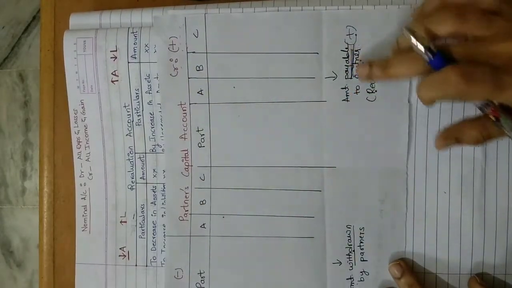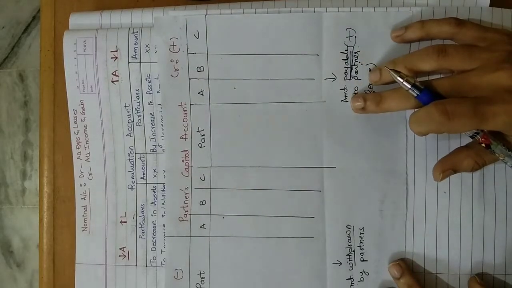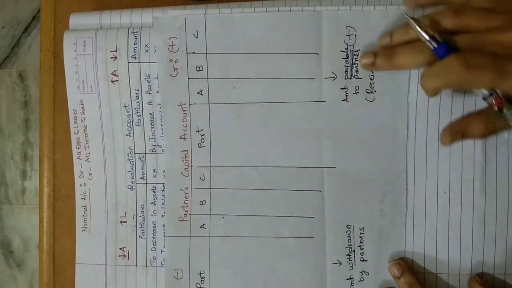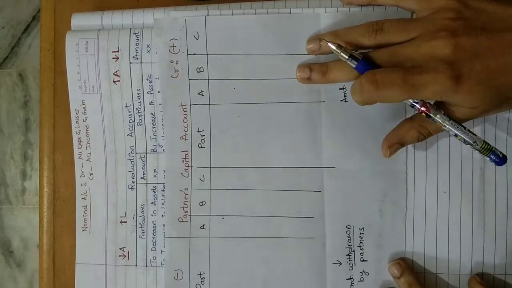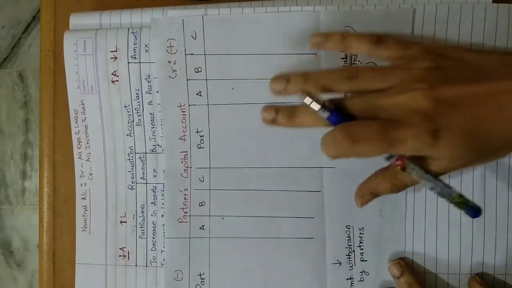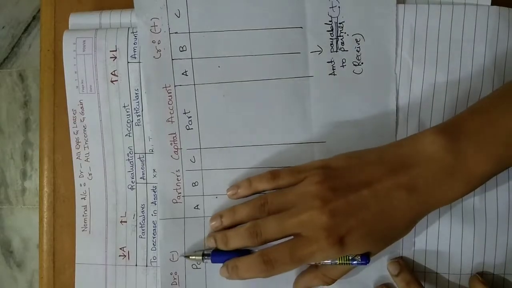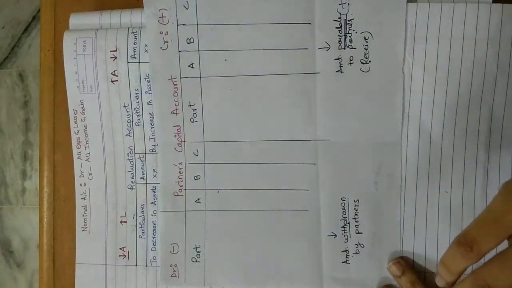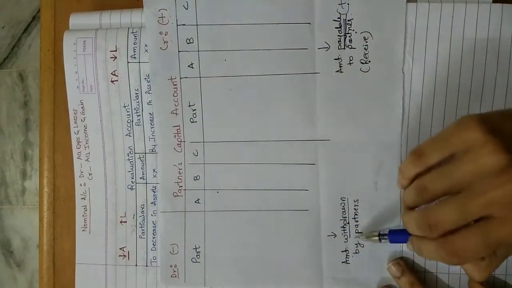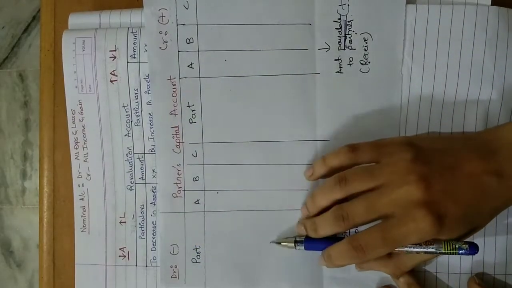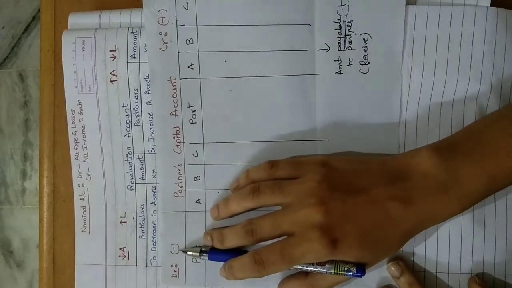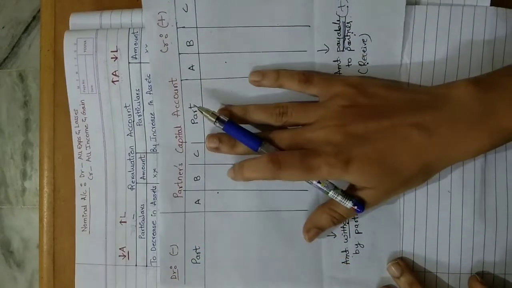That is amount payable to partner. Whatever amount has to be paid to the partner has to be added in their capital account. So add means credit. It has to be recorded on the right hand side. And debit means minus. So if the partner is withdrawing the money, then the amount withdrawn by the partner will come in the debit side. So debit means minus. You need to understand this first.